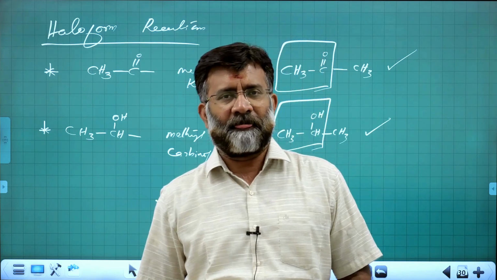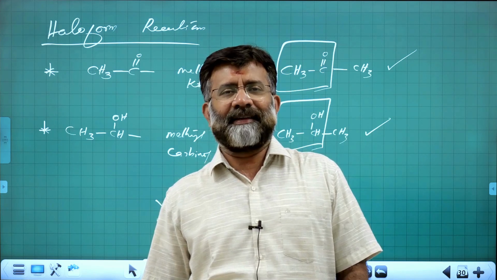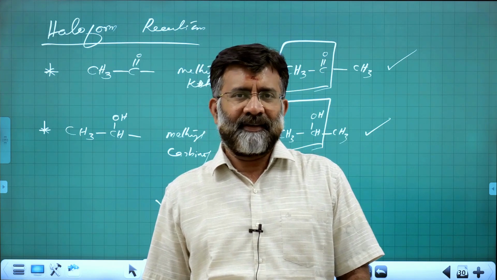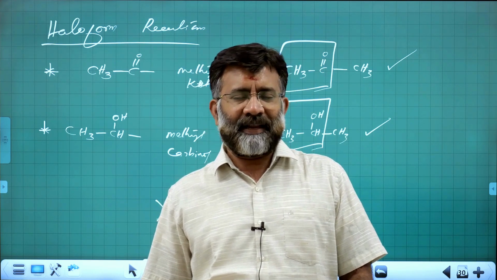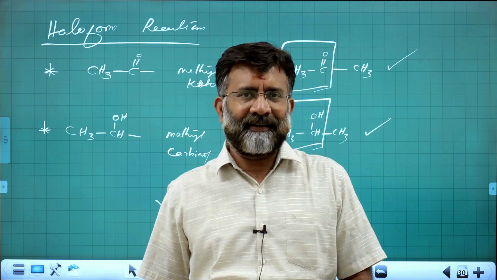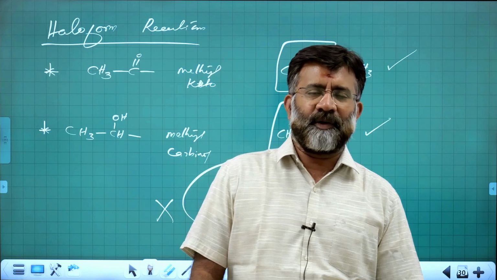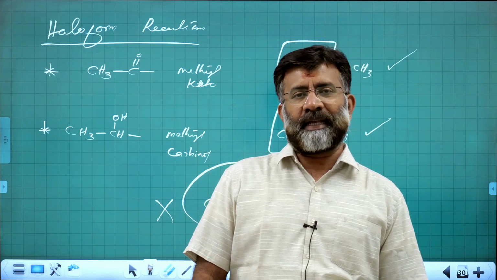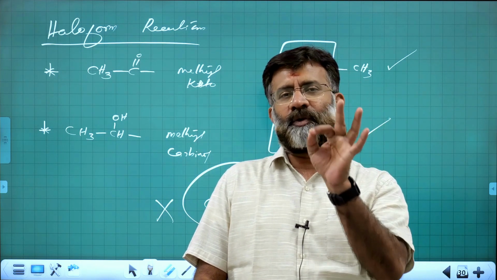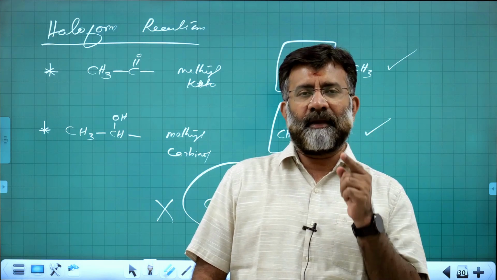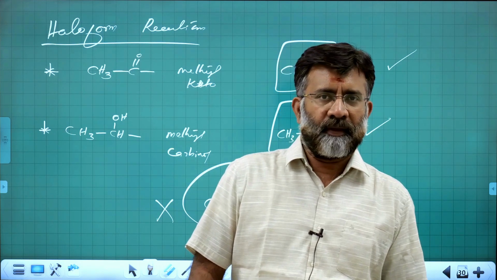That's why. So other than carboxylic acid and derivatives, not acids, not acid chlorides, not acid anhydrides, any other molecule, maybe aldehyde, ketone, alcohol, which contains either a methyl keto group or methyl carbinol group,